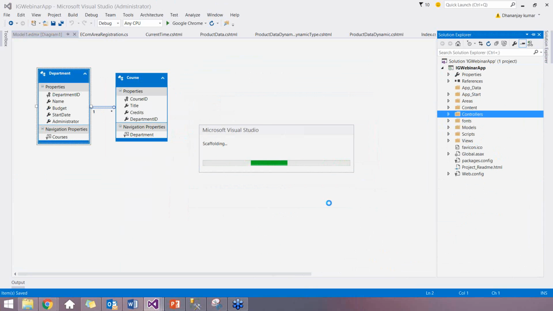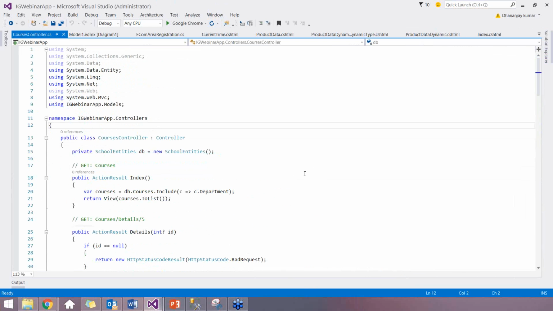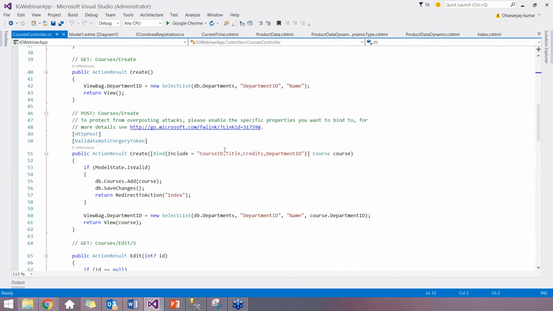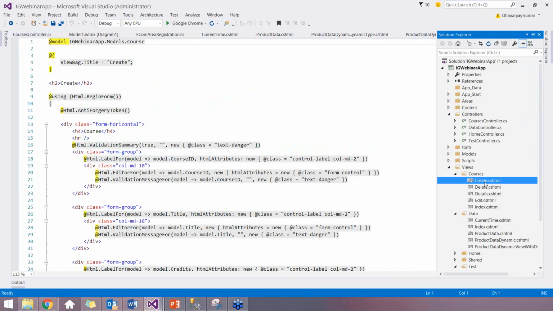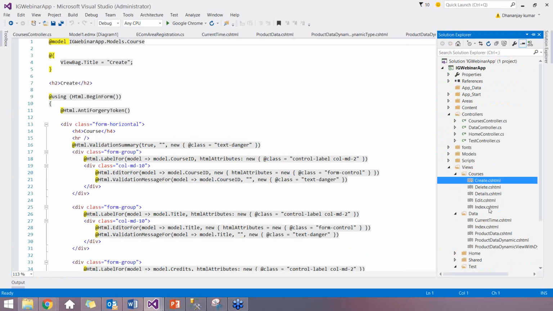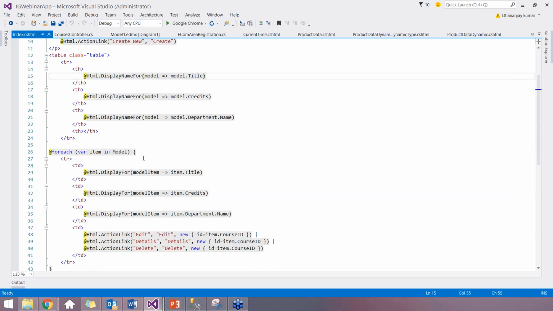Since we have used scaffolding, Visual Studio will create all the code for me. Here you see that it has created all the code required to perform CRUD operations, and at the same time, inside the Courses folder, it has created all the required views, which you can see here. If I go to the index.cshtml, you can see that it is using strongly typed views. In line number 1, you can see it is using Models.Course. Then it is just iterating through all the items and displaying the course ID and all that. So now if I go and run this